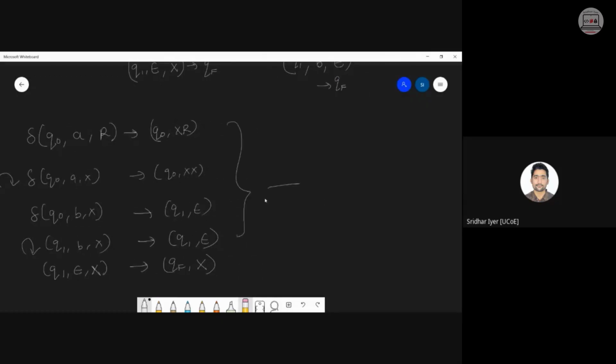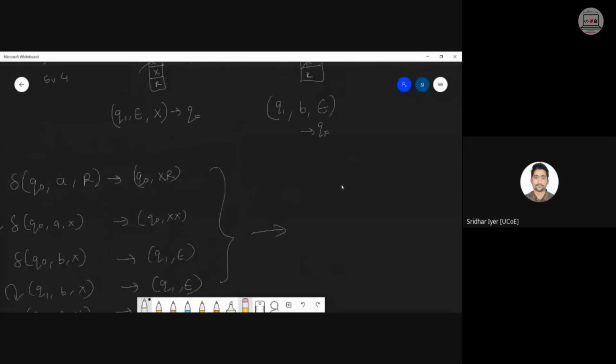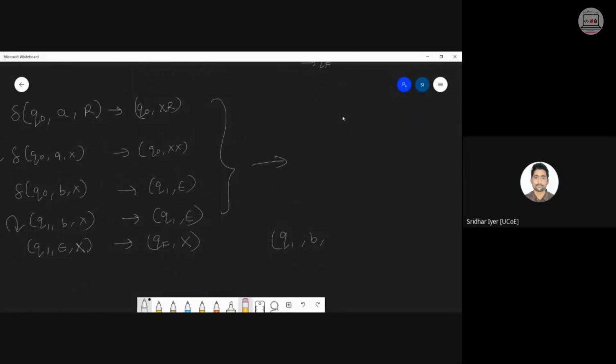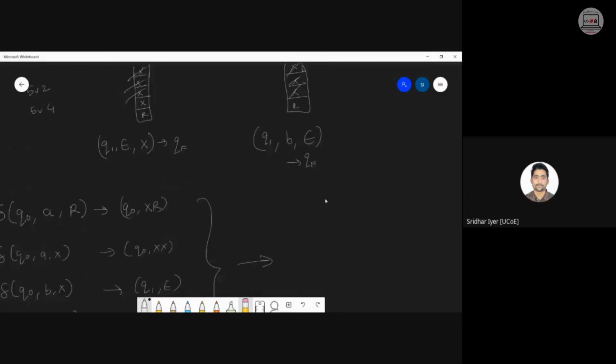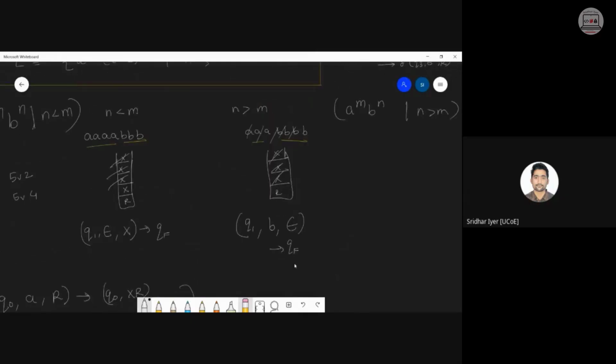ये चारों step इसमें same होंगे. Only last step will vary. That is, you are still having some inputs left in Q1, but the stack top is empty. Sorry, not empty. Epsilon की जगह R आएगा, right? Because you have finished with the stack, but still something is left. So in that case, you will again go to QF, comma R. Am I clear now? यहाँ पे चेंज कर देना, मैंने यहाँ पे epsilon लिखा रहेगा तो this is R because